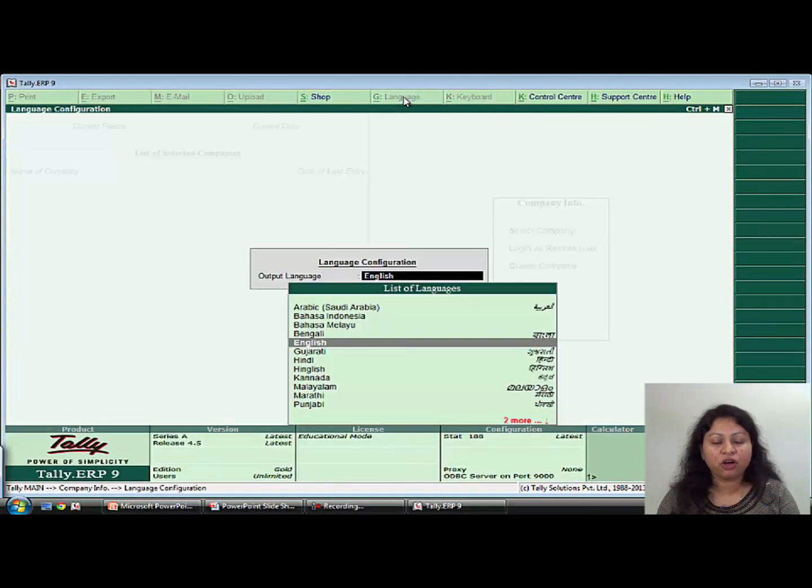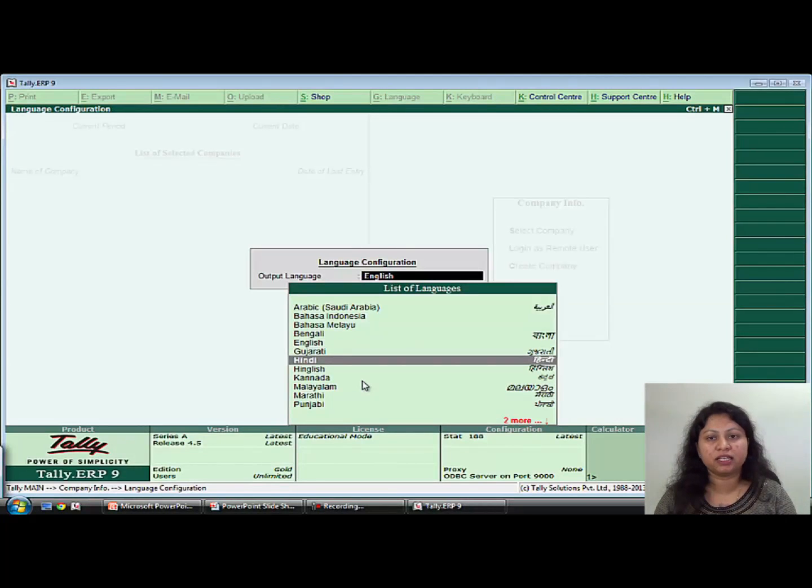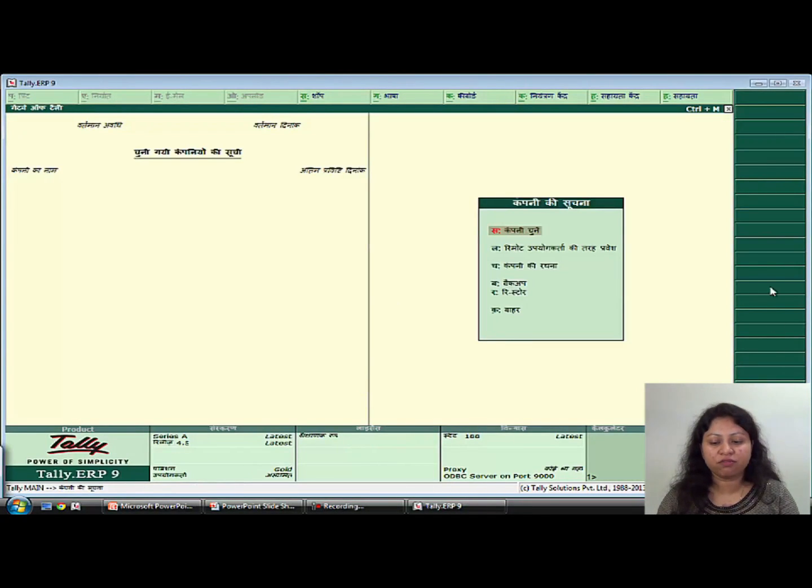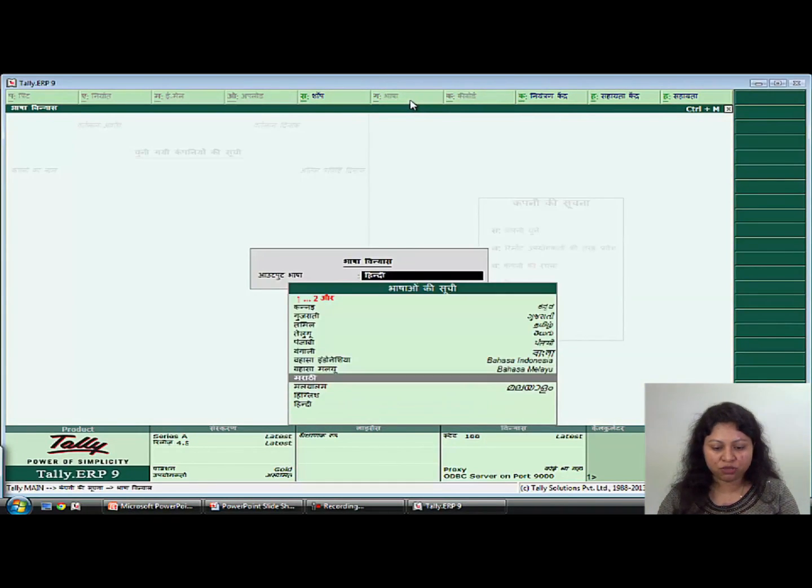Then there is an option called language. Tally supports multilingual. So apart from English, there are various other languages which Tally supports. So if somebody wants to operate Tally, the user interface, if they want to be in a different language other than English, say for example Hindi, so choose the option as Hindi and this Tally screen will display the user interface. The user interface, what you will see is in the Hindi language. So you can use the application throughout in Hindi. Coming back, we will change it back to English.